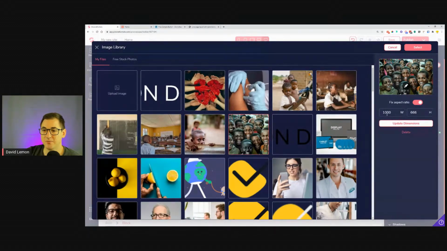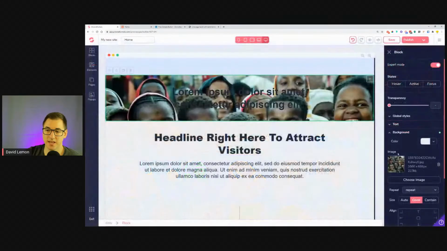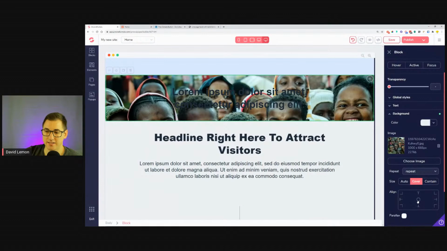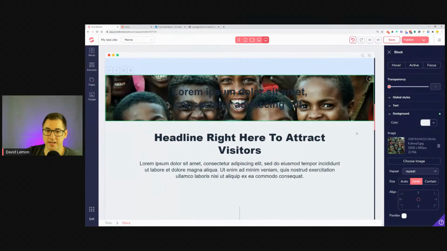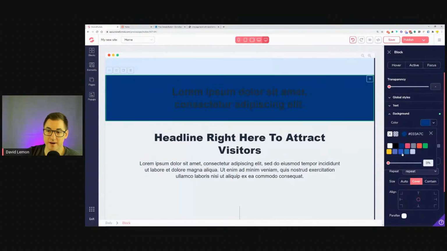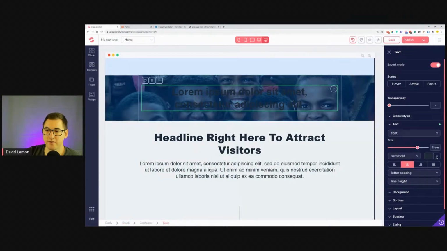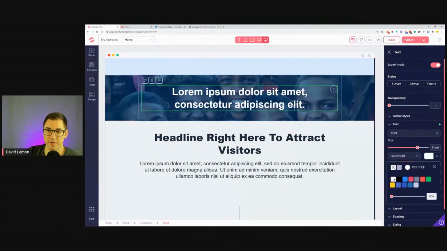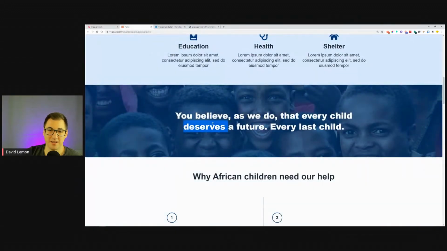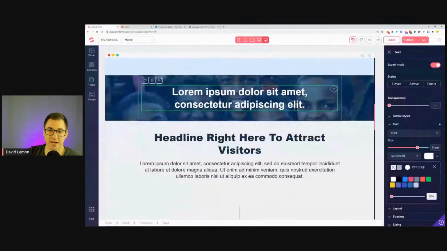I resize it to be 1000 pixels in width, and I just select it. Okay, I center it like that, and I put a color overlay on it, my own brand color, and then I just manage the transparency, and then the font I will just make white, and it's almost looking already the same. Let's just copy over the text,